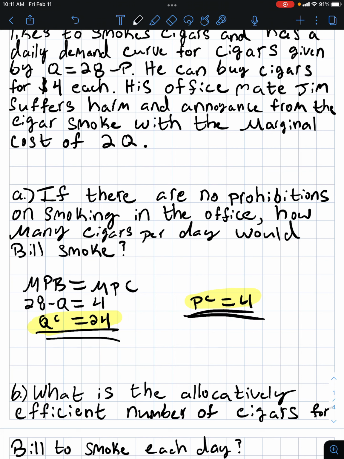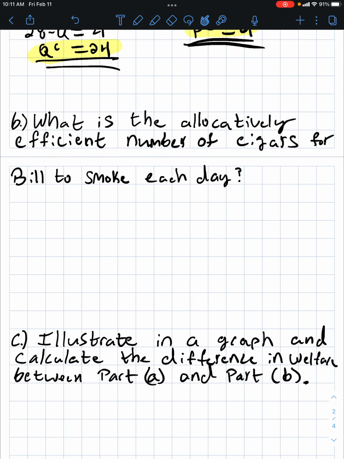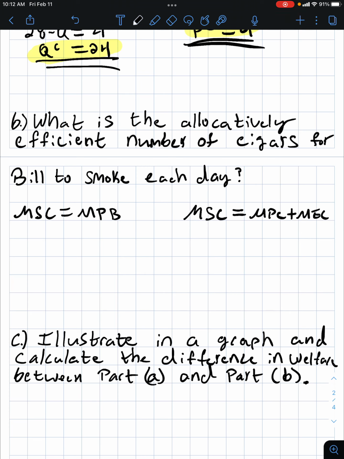That's part A. Now, part B. What is the allocatively efficient number of cigars for Bill to smoke each day? Well, that is going to be the efficient equilibrium, where marginal social cost equals marginal private benefit. Our marginal social cost is going to be equal to our marginal private cost plus our marginal external cost. We are given a marginal private cost